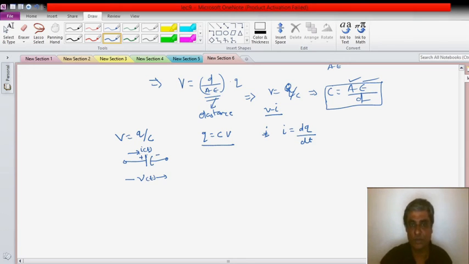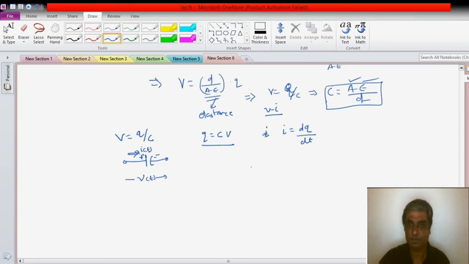So what is the conclusion? Voltage will be there only when the charges are there, right? And when will the charges be there? When I do something so that current flows through the capacitor, then only there will be the presence of charges. So this is the current I am driving: I is equal to dq by dt.